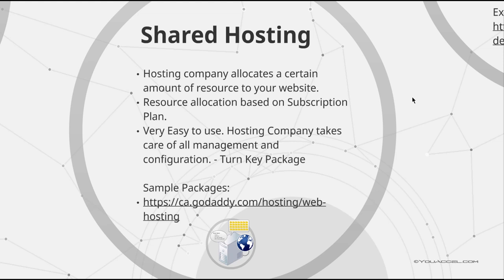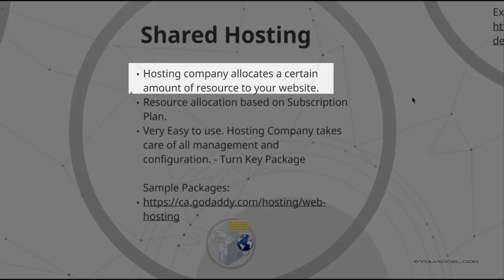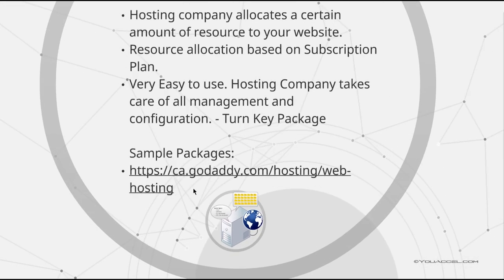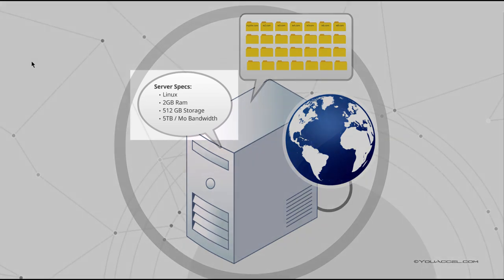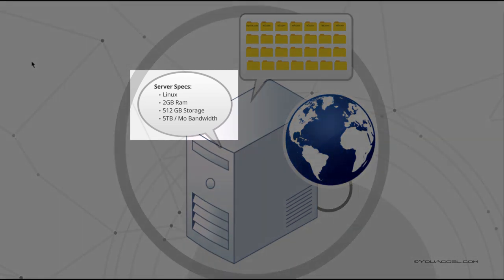With a shared hosting package, your host allocates a certain amount of resource to your website. This illustration shows us what this setup looks like. The server is configured with the Windows operating system. The entire server has a resource capacity of 2 GB of RAM, 512 GB of storage, and 5 TB of